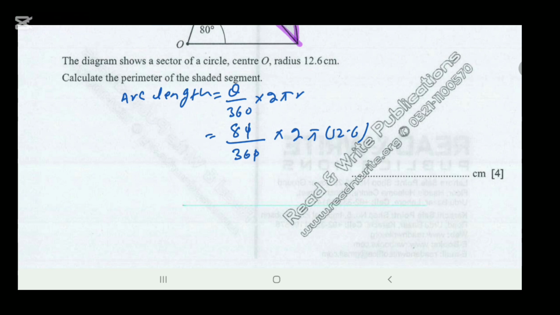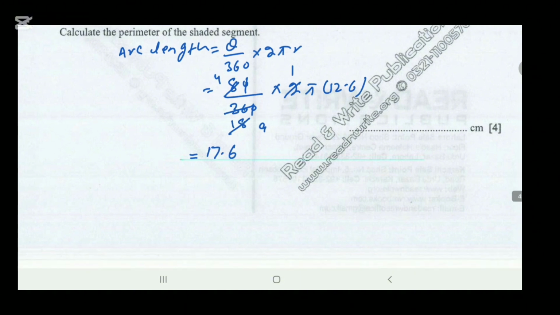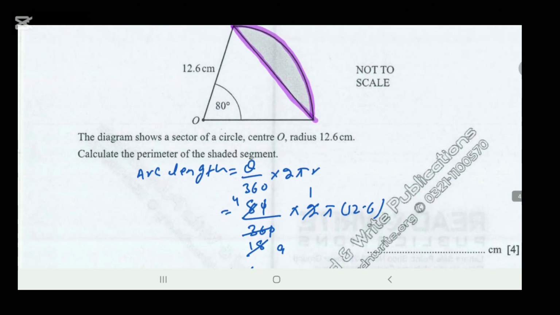So simplify, 4 the 8, 2 1 the 2, 2 8 the 16, 2 9 the 18. So you can do simplification without calculators. So the answer will be, now you can use calculator, because now you cannot do it manually easily, so you can use calculator here, but try maximum questions without calculator for simplification. Okay, so now arc length is 17.6.